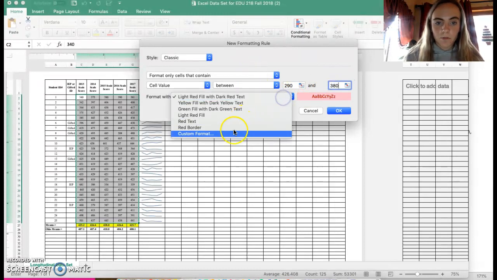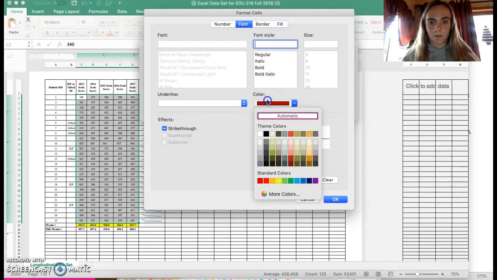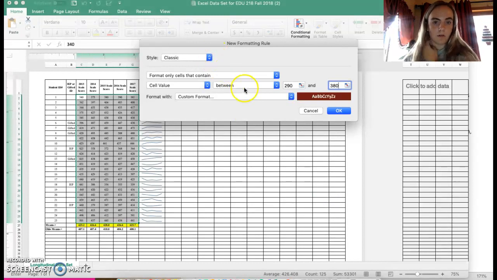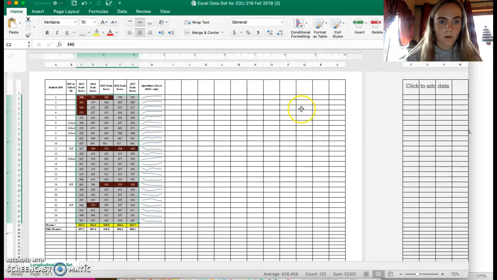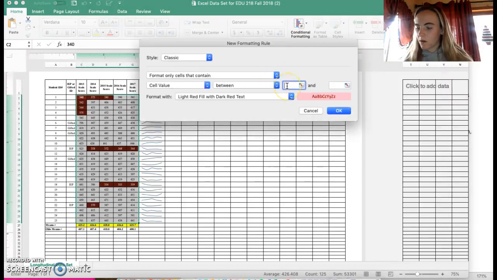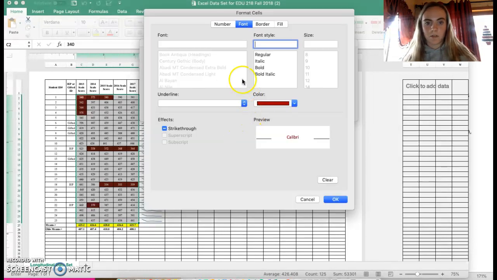And I'm going to custom format that. It will be, the background will be dark red, while the font is going to be white. Okay, and that's going to be, okay. Alright, now our next one, so a few of these to do. So we're going to do the same exact thing. I'm going to go between, and we're going to go 381 and 399. And we're going to custom format that again, and it's going to be